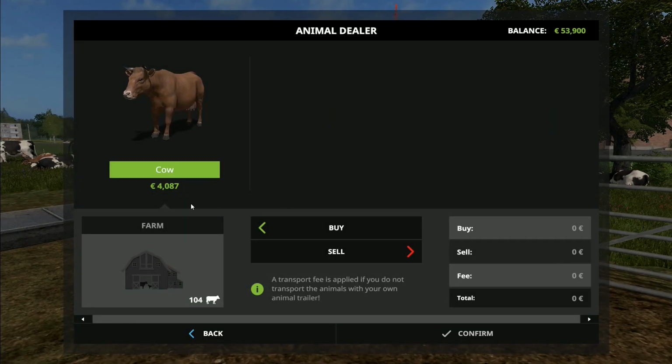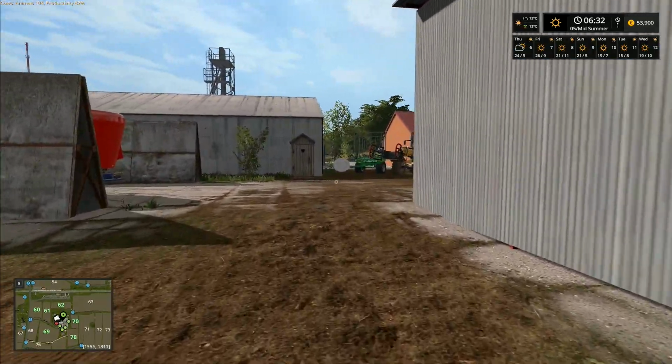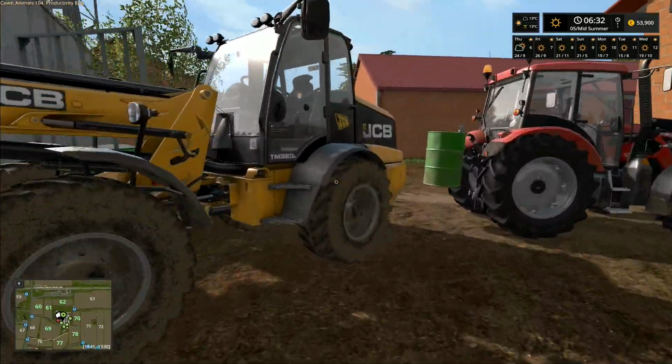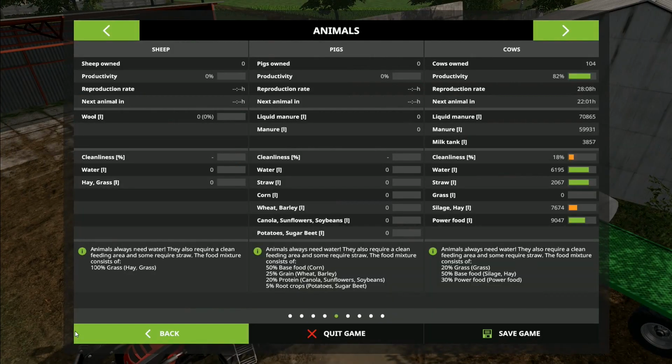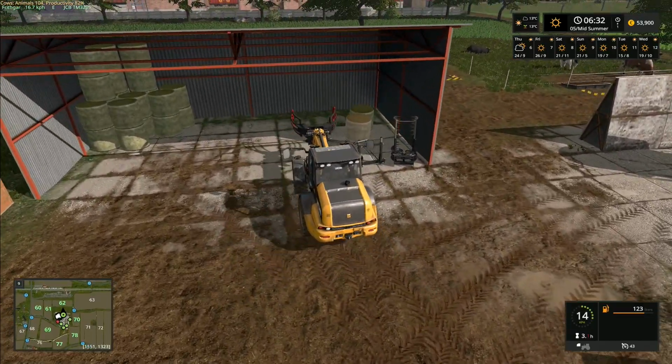So at the moment, we're 4,087. I did see this on 3,950 on day 3 of summer, so I think we'll go with 4,087 rather than waiting for yet another day. If I just move this one out the way, we'll stick that one in. Let's just, what do we got at the moment? We don't need to worry about food or anything just yet. We will tidy up the pen, and then we're going to go and get...